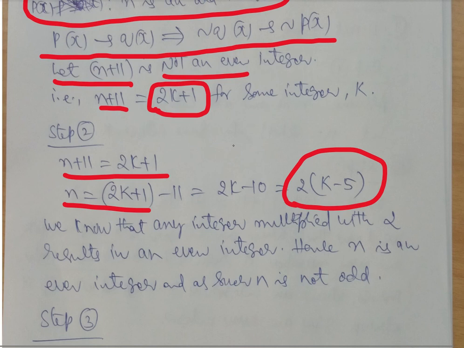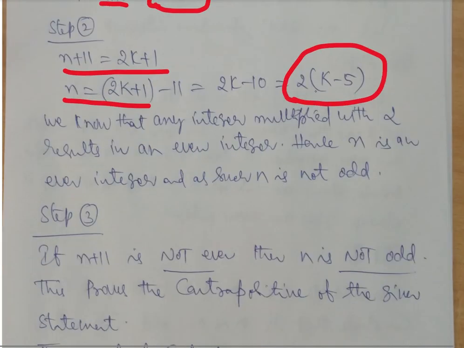We already have that n plus 11 is not even, that is an odd number. We go with what is n, that is negation Q and negation P. When I multiply any number with an even number, I will always get an even number. The result is going to be an even number. So when n is an even number, we have shown that n is